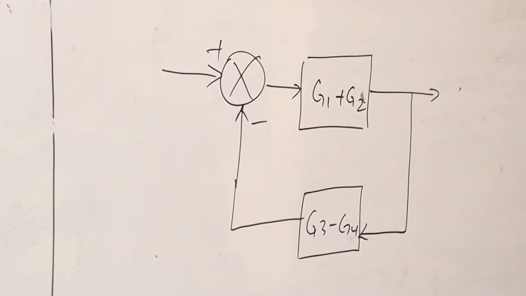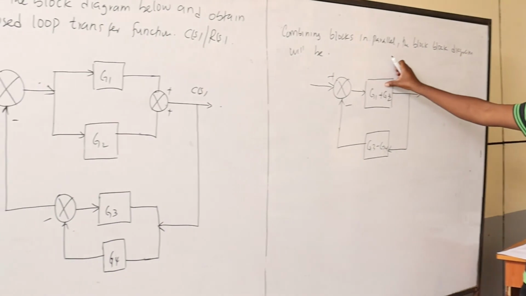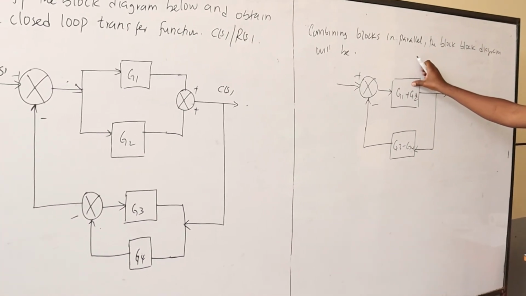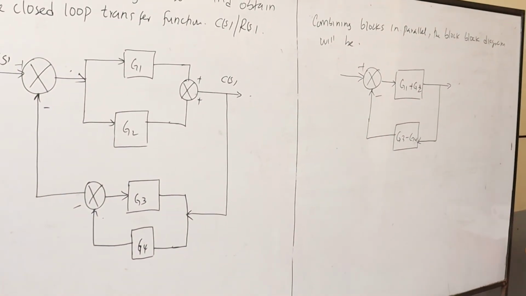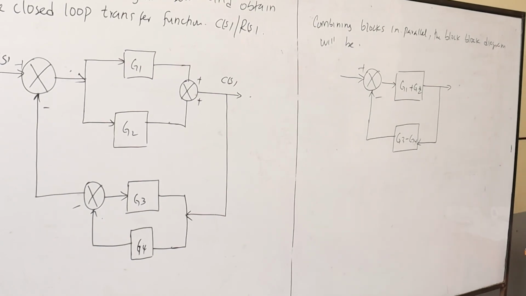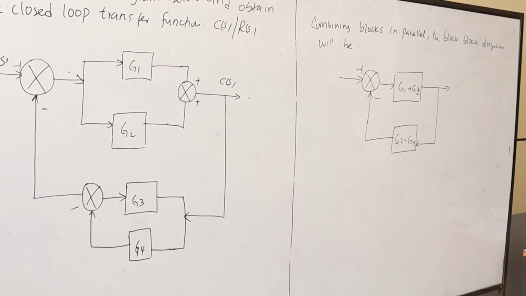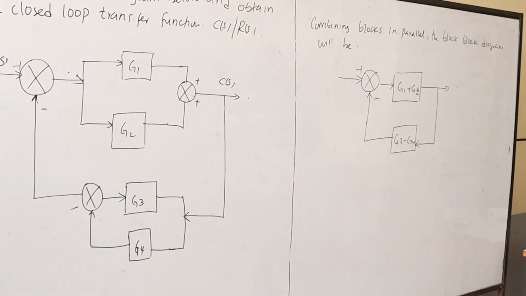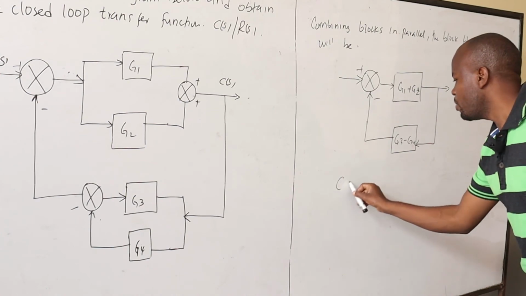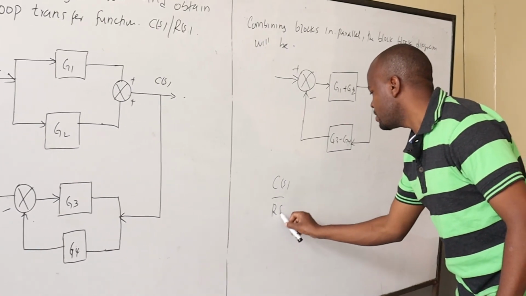After obtaining the canonical block diagram, because this is the forward element, it is only one forward element, and here we only have one feedback element, we can now obtain the transfer function. This is just a closed loop, so we are now going to use the closed loop reduction in order to obtain the overall transfer function. So we have C(s) all over R(s) given by